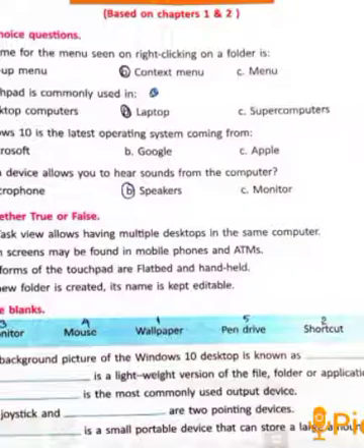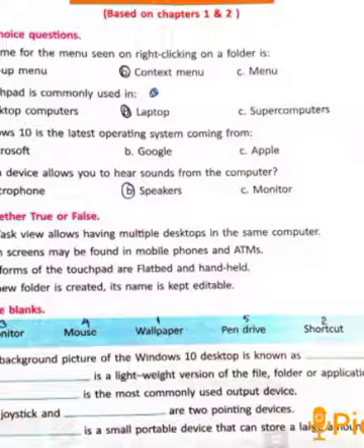First one, the background feature of the Windows 10 desktop is known as dash. Answer, wallpaper. Second one, a dash is a lightweight version of the file, folder or application. Answer, shortcut. Third one, dash is the most commonly used output device.